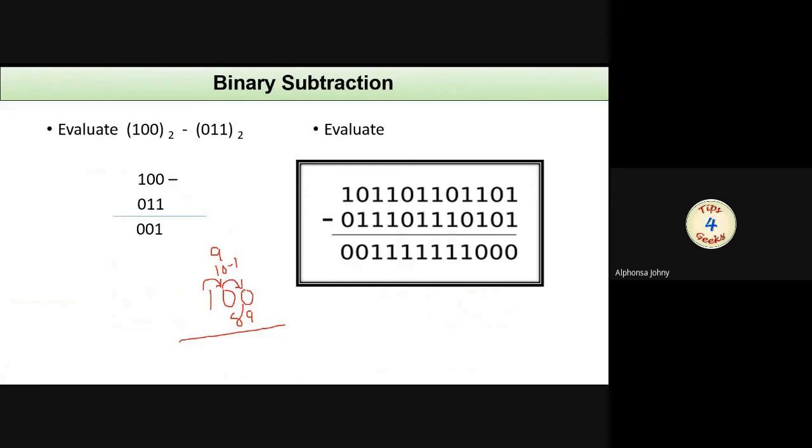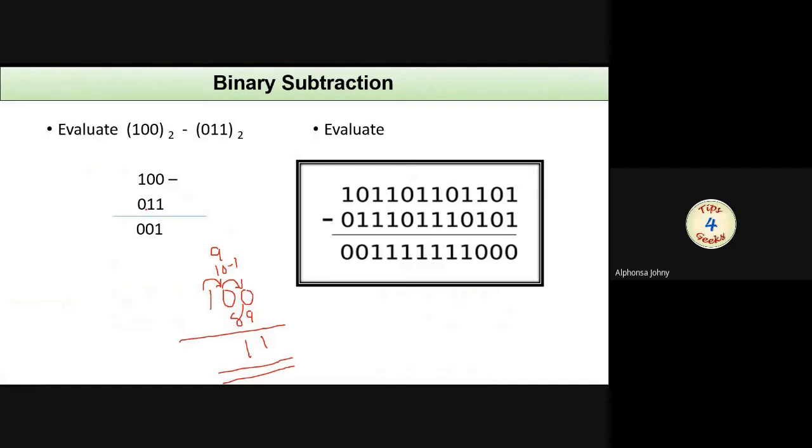So when we borrowed a 1 from the middle position, the last value will become 10 in the decimal number system. 10 minus 9, the answer is 1. Then here instead of 10, we have already taken 1 to the LSB. So what is left over here? It's 9 only. 9 minus 8 is 1. So the answer is 11 to the base 10. This is the subtraction rule in the case of decimal numbers.